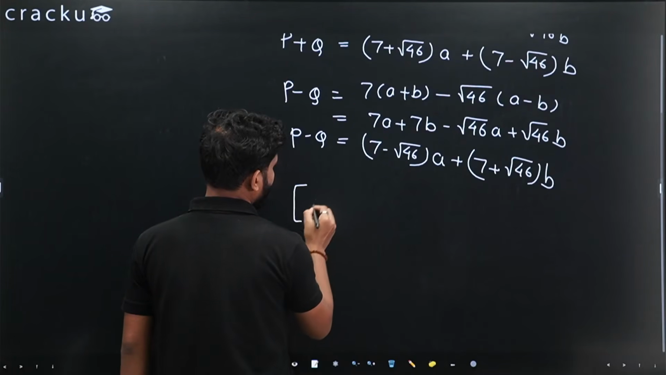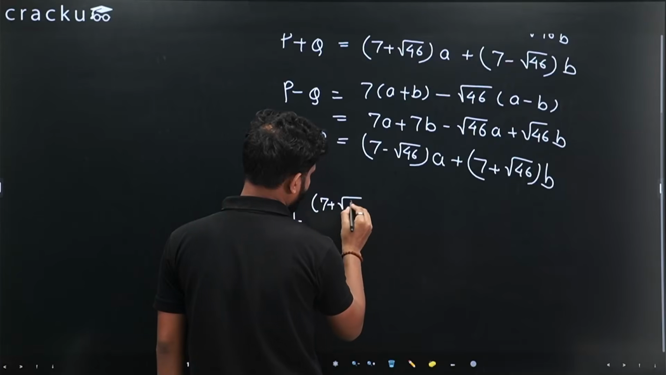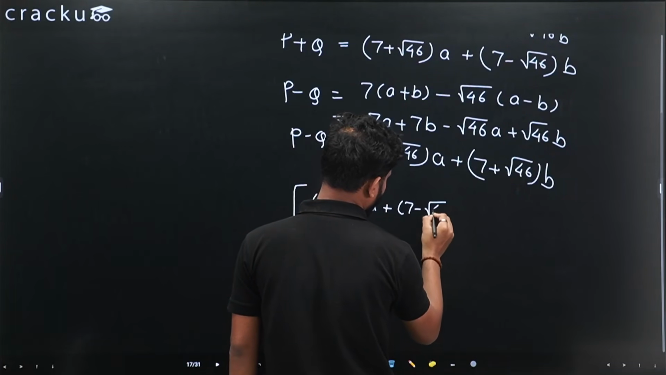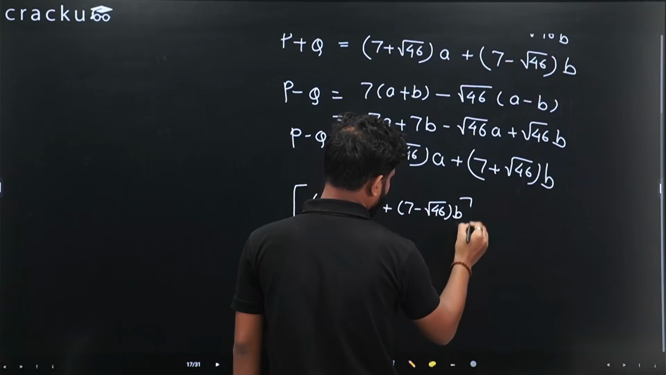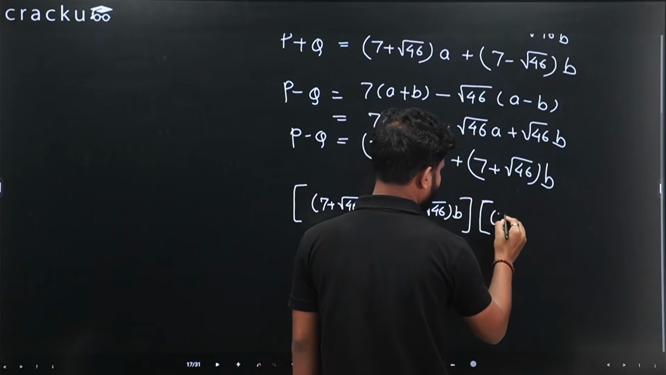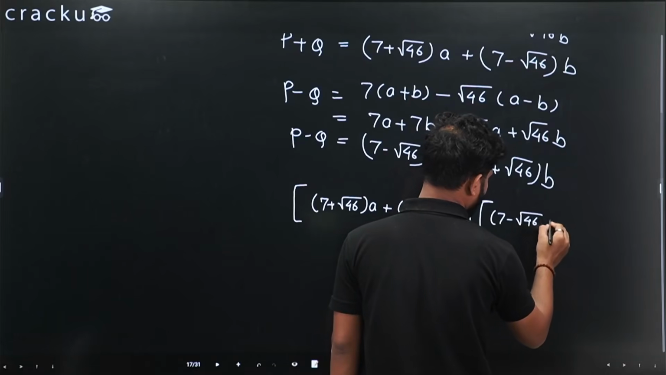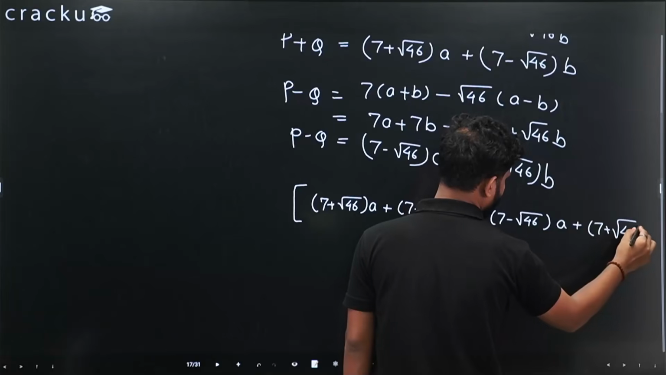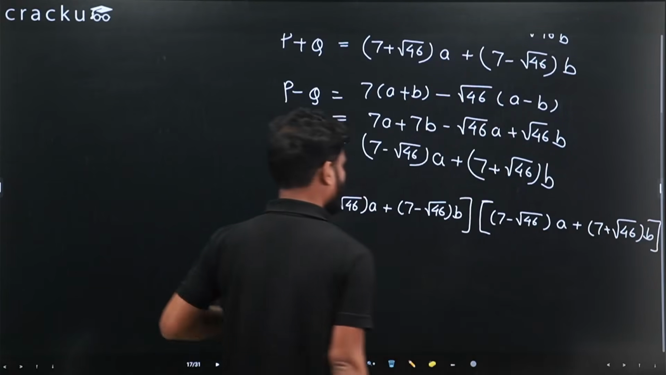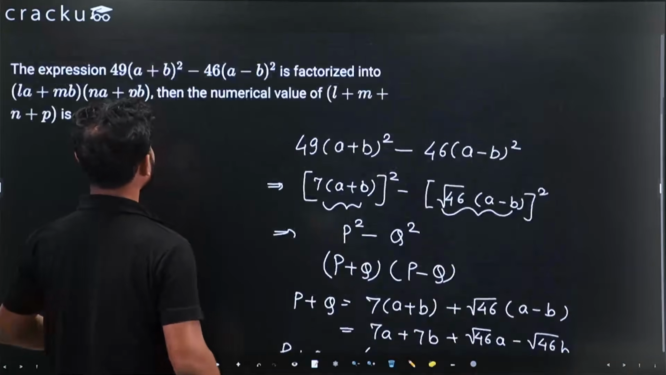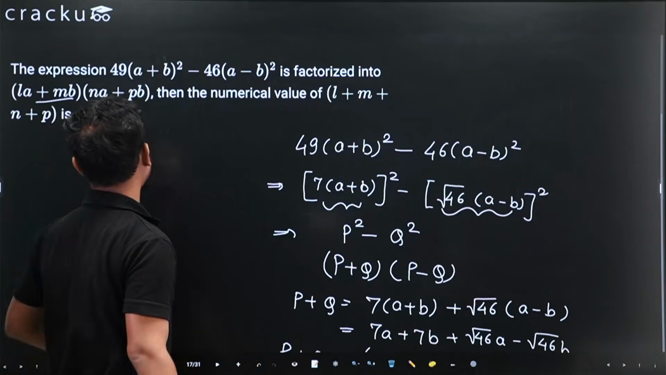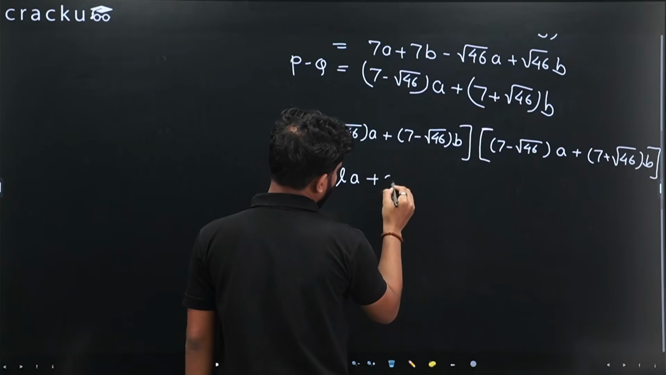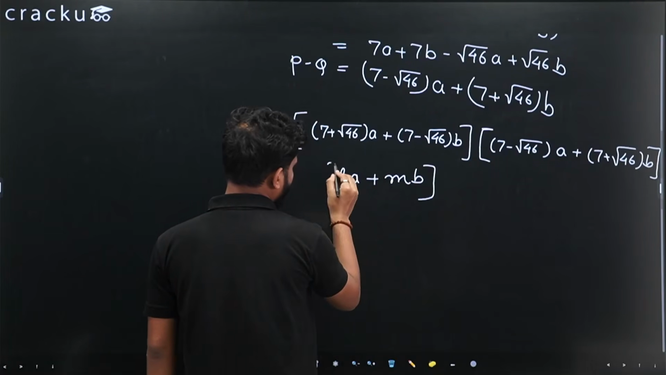So this will be what? This will be (7 plus √46)A plus (7 minus √46)B into (7 minus √46)A plus (7 plus √46)B. Now compare this factorization with the given factorization (LA plus MB) into (NA plus PB). So (LA plus MB) into